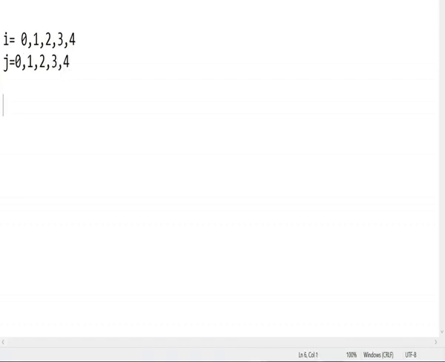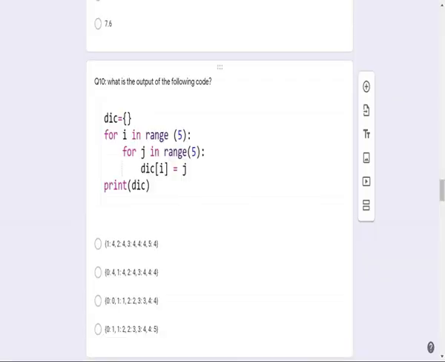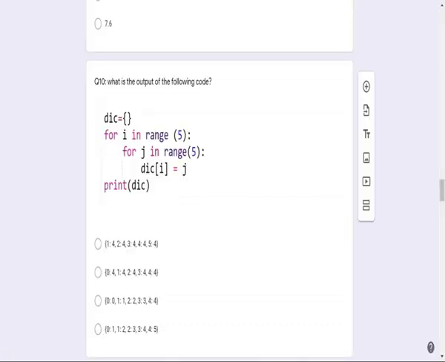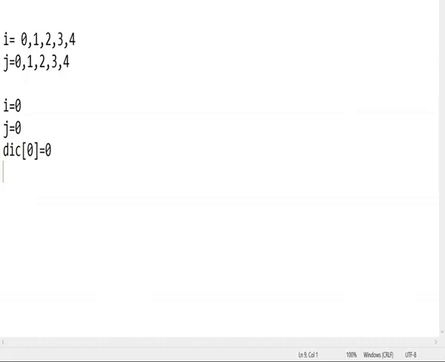Okay. First time, i is equal to 0, j is equal to 0. dic of 0 is equal to 0. That means here key is 0, value is also 0. In the next iteration, what happens? This inner loop is repeated, that is, i value is fixed.